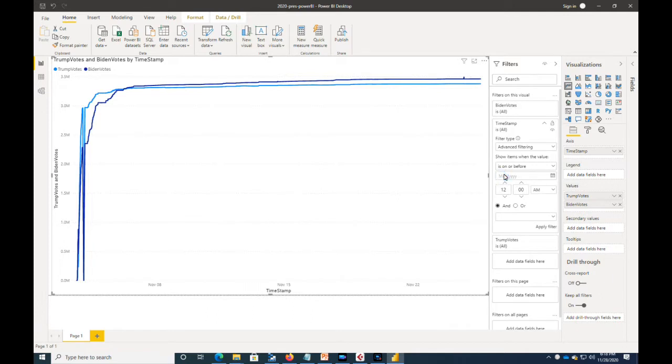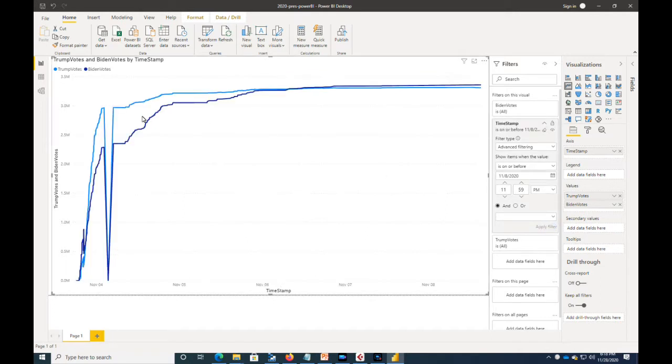11/8/2020. And then we might change this to like 11:59 p.m. so we don't get confused between midnight and AM and PM and that kind of thing. And we'll click on apply filter, and then it gives us a closer view, and we can even change that to November 5th to get a closer view there. Apply filter,